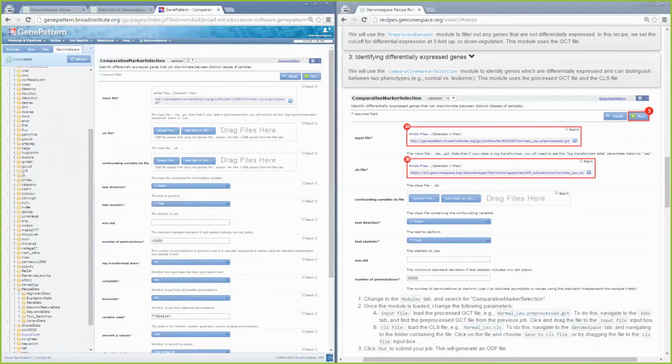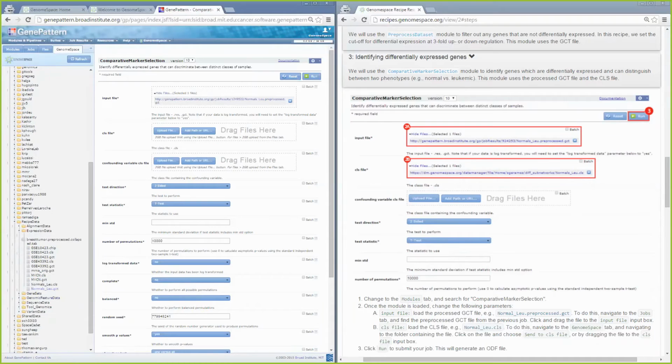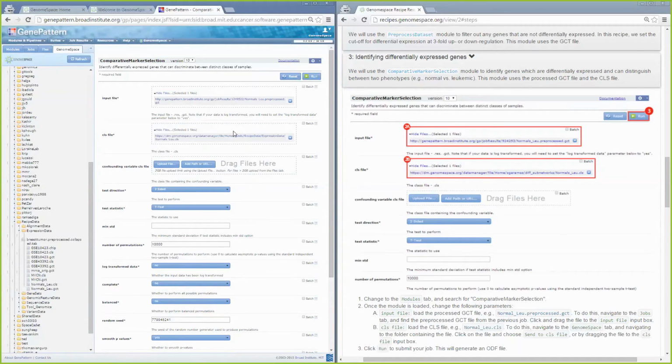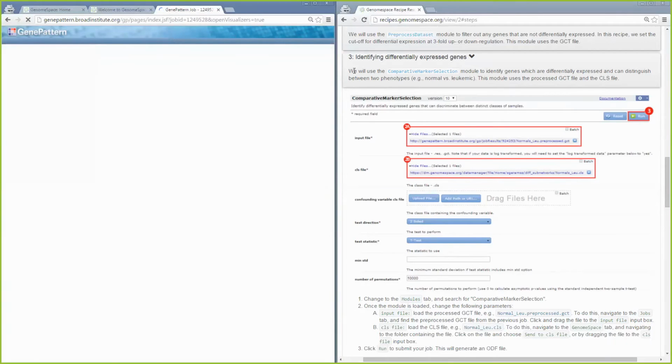And then expression data. And then normals_lu.cls, and I can click and drag that. And I can see that I only have those two parameters to change, so now I can run this job as well.